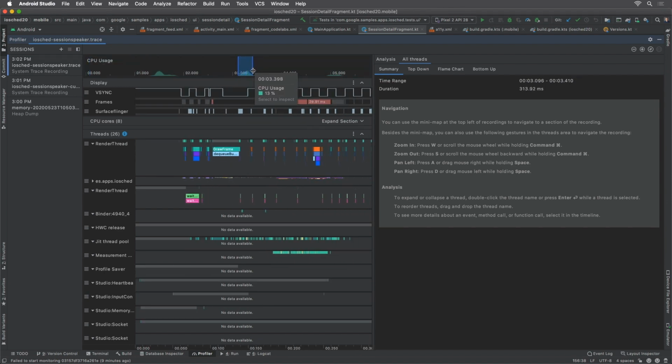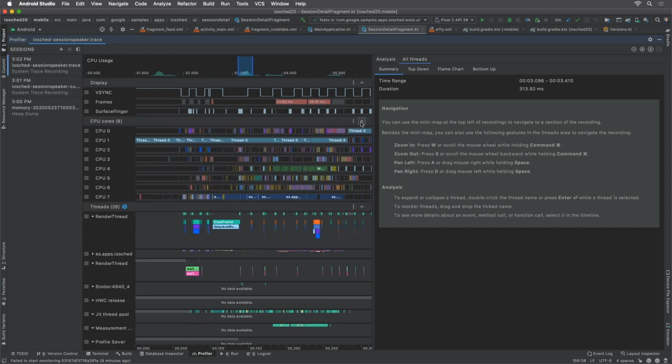So you can see here that we're actually displaying the VSync pulses. That's when the system is basically refreshing the display. And we're showing you the frame activity and there was nothing happening here. We're actually highlighting that in red to show you that you're dropping frames, so your UI is no longer updating smoothly. So if we want, we can actually take a look at what the CPUs are doing, but right now